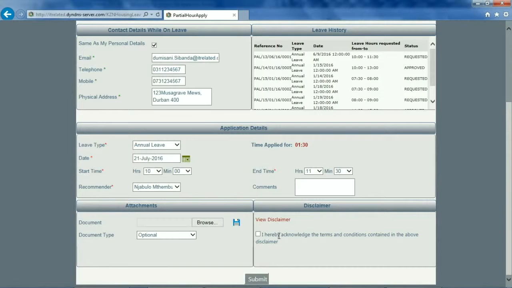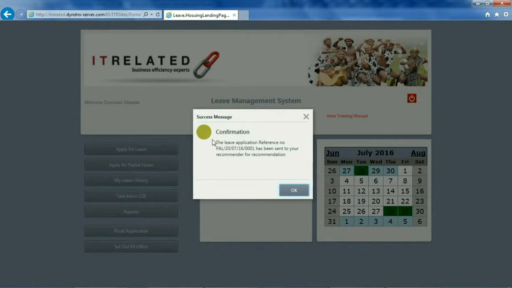They will then click on the checkbox and click on the submit button, where the application will be confirmed and a message box will display the reference number. At this stage, the application has been sent through to the recommender for recommendation. The system accrues partial hour leave, and once it reaches 8 hours, it creates a leave form for capturers to